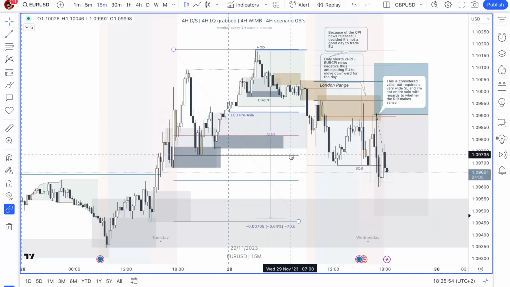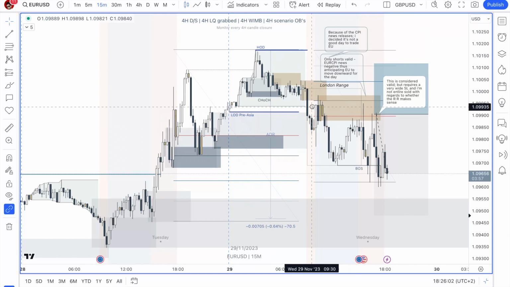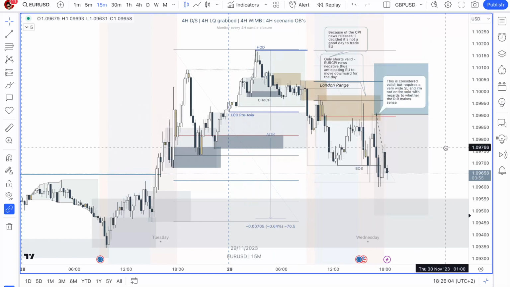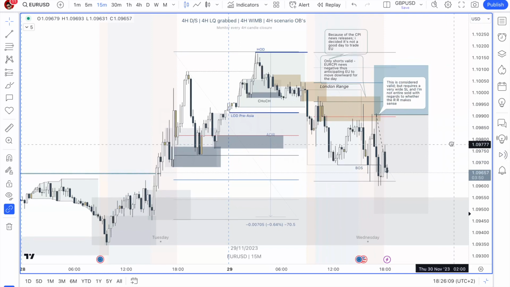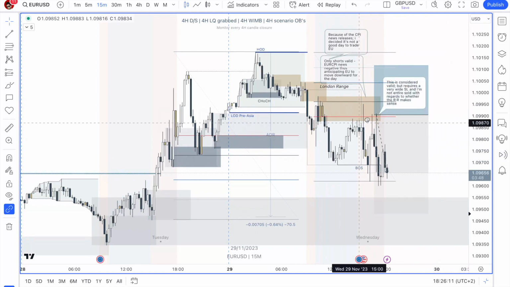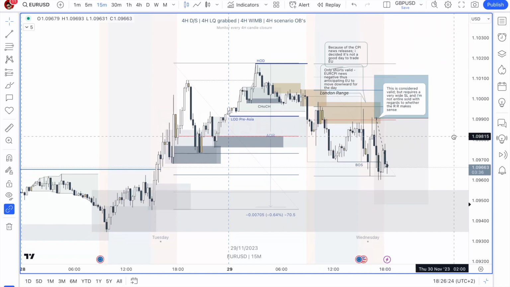Moving on to the 15-minute, what we can then essentially see is the high of the day was created in Asia, and from then onwards we created this nice 15-minute supply chain. However, given that we couldn't trade during the London session, our next option was to trade during the New York session open. However, we did have this London range and we required one side of the range to be liquidated prior to